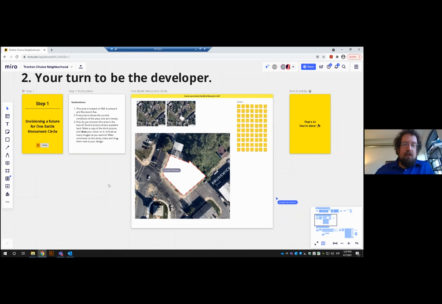And really, I want you to think about it from your point of view in the community as well, and what you'd like to see in this parcel. What we're going to do is have you talk about what you'd like to see there. And then later on, once you have your proposal, I'm going to show you how we would look at this proposal in terms of our city regulations that we have right now.